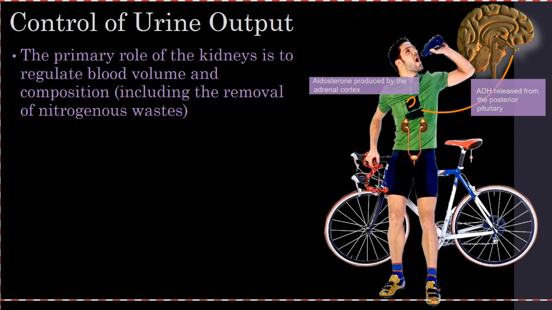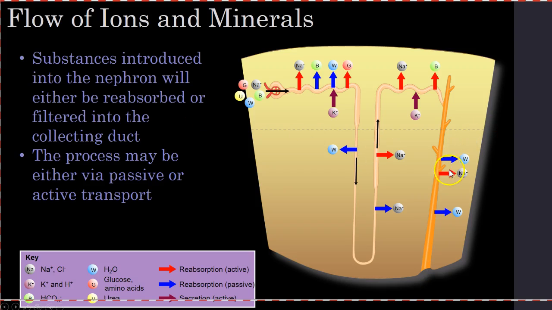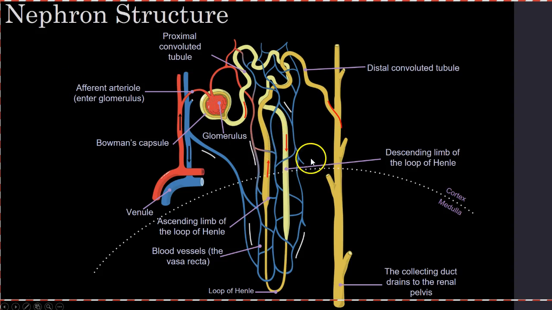So if we have a look back at this diagram here, what happens is that if we've got, say, water in our collecting duct here, and for whatever reason you haven't been drinking water for a couple of hours, the body will release the ADH hormone, and that will signal the collecting duct to become more permeable to water, which means that water will move from here across into the capillary network. If we were to go over to here, it'll be reabsorbed back into this capillary network and then move back